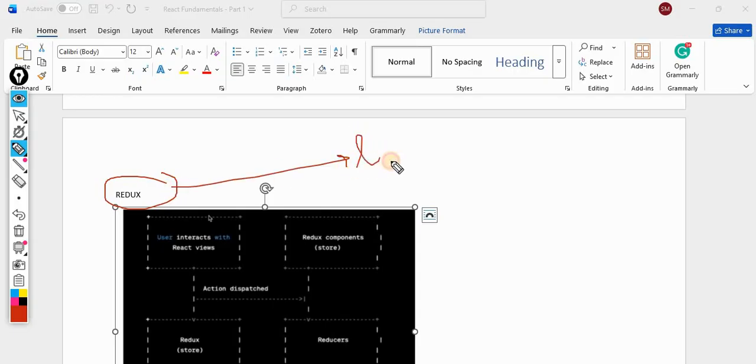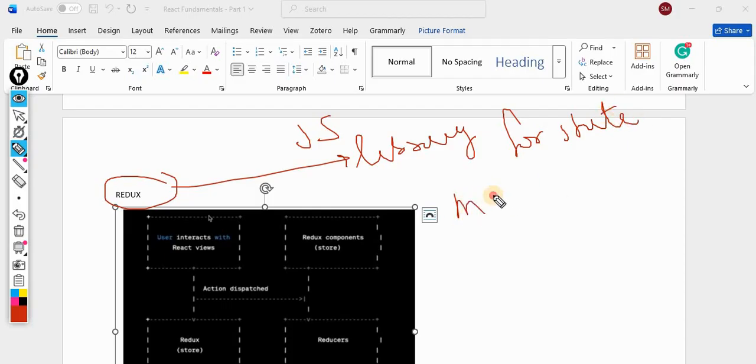Redux is a JavaScript library for state management. Is that clear to you? Yes, sir.